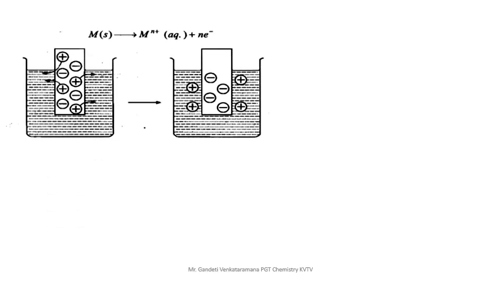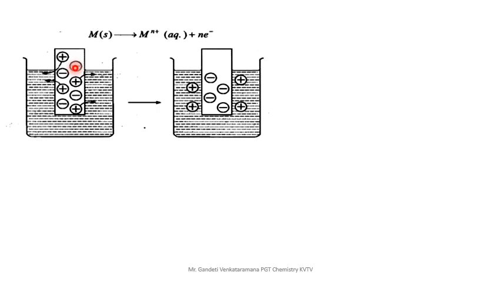Okay, here one setup is present. Students, what we have to understand, check here, this is the solution. Take for example zinc sulfate, easy to understand. This is the zinc sulfate solution, meaning zinc ions are present and sulfate ions are also present, like any metal solution. This is an electrode. Electrode means metal only. Metal is an electrode.